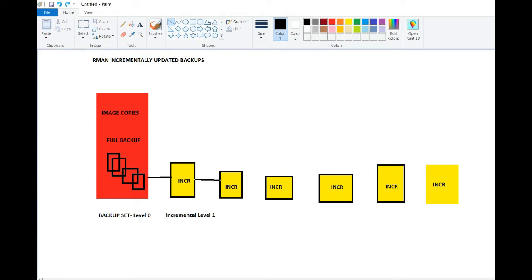For example, this is on Tuesday, so this will back up the blocks which have changed since incremental 1. That's how the cycle goes.